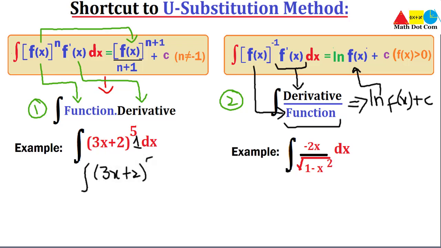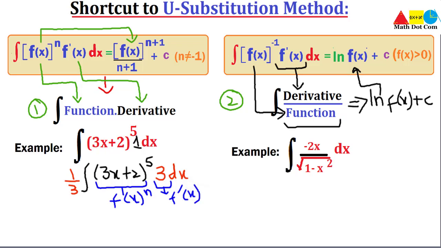(3x plus 2) power 5 multiplied by 3, I'll write 3 in a different color for your ease, dx, and divide it by 3. So I'll take the 3 out, that is going to be divided. If we cancel both 3s, we will get the function as it is. Now it is clear here that we have a function and its derivative as well. This is f of x with the power n, and n is 5 here, and this is f dash of x, the derivative of the given function. How easy it is now.